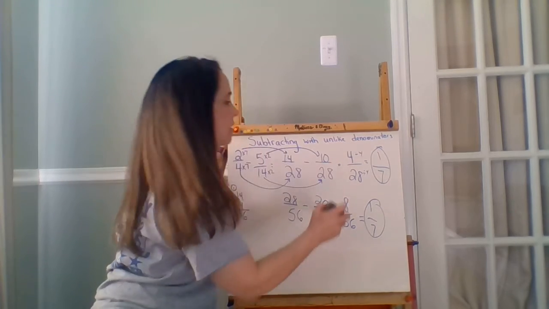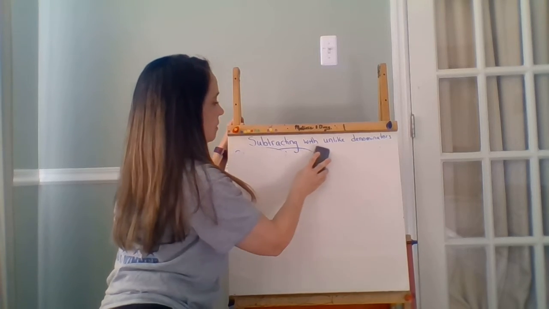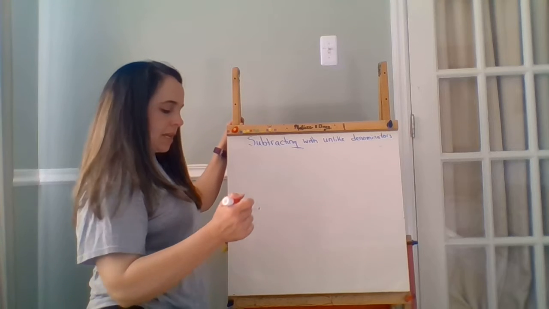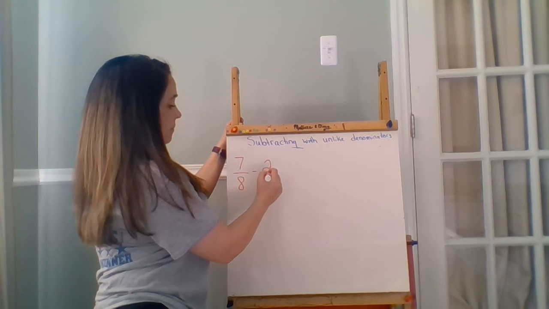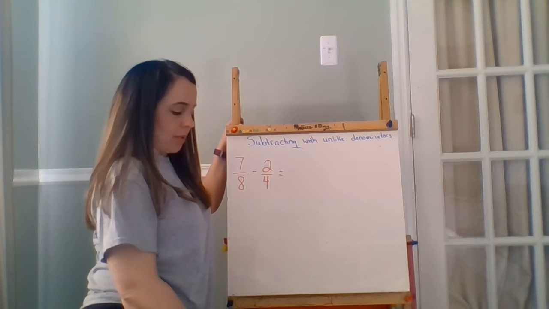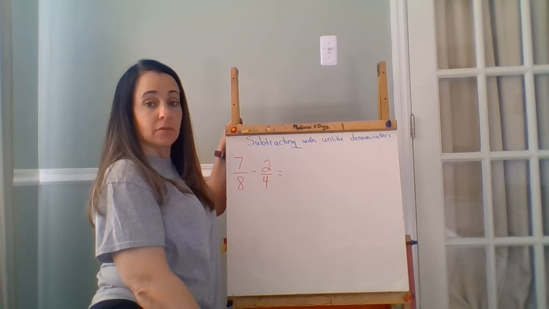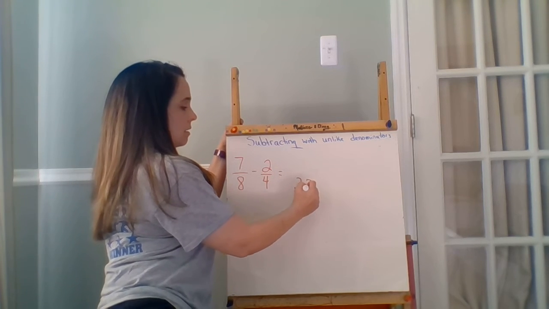All right, let's take a look at our next problem that you had on that Google form. Okay, we'll use red for this one. Your next one was 7/8 minus 2/4. That was the next problem that you had. Now, of course, I couldn't use 32 as a common denominator. That's fine, okay? If you choose to do it that way,